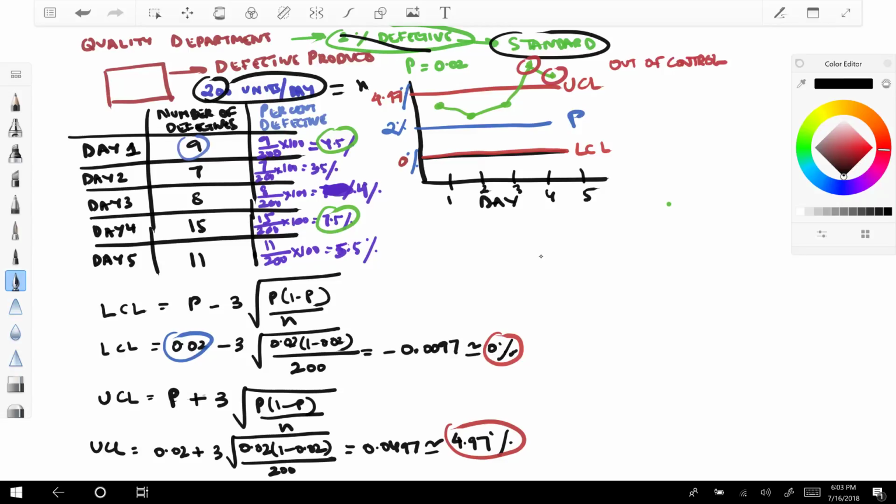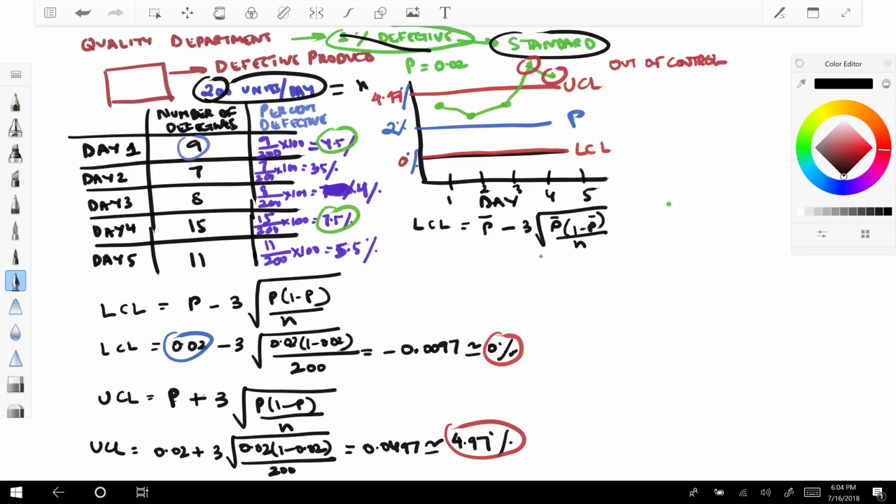So in that case, our formula changes to LCL, lower control limit, would be P bar minus 3 square root of P bar 1 minus P bar divided by n,